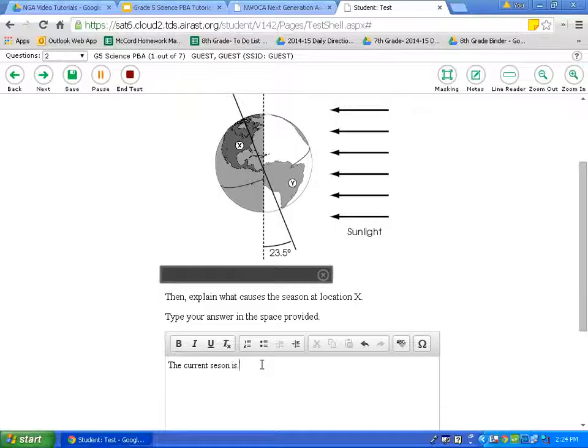This is an extended response question. I know because I masked out "identify the current season" that I've answered that part of the question. I still need to explain what causes the season, so I would then do that next. So I would hit enter and say,